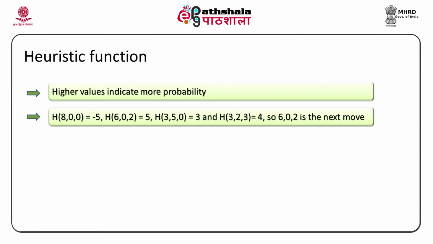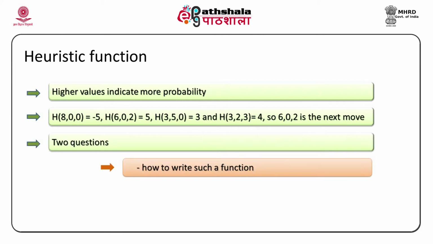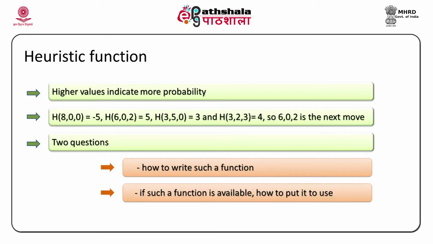This is how I can apply the heuristic function and get the move that I should choose, rather than exploring all of them like breadth first, or exploring one branch and then the second and third branch like DFS. I am not doing it blindly, and that is why this is called guided search, and not blind or unguided search. There are two questions you would probably ask before we proceed. First, how to write this function, which is important. Second, if you know how to write this function, how will you put it to use? In fact, the second question is easy to answer.